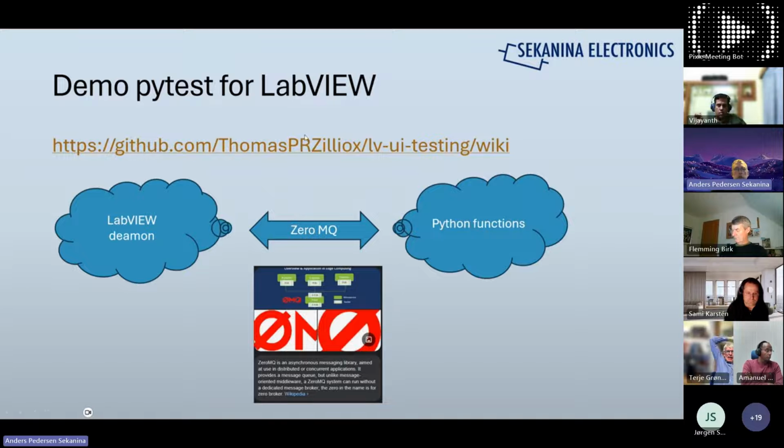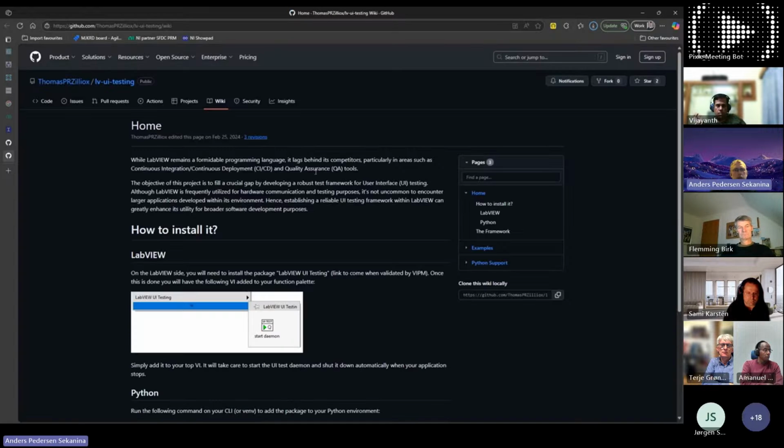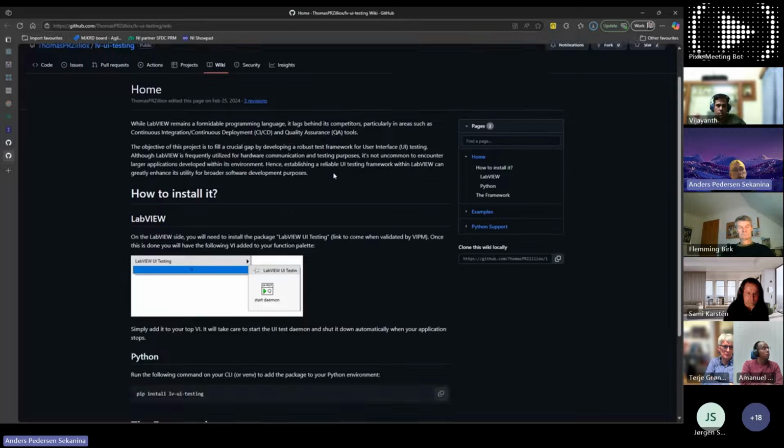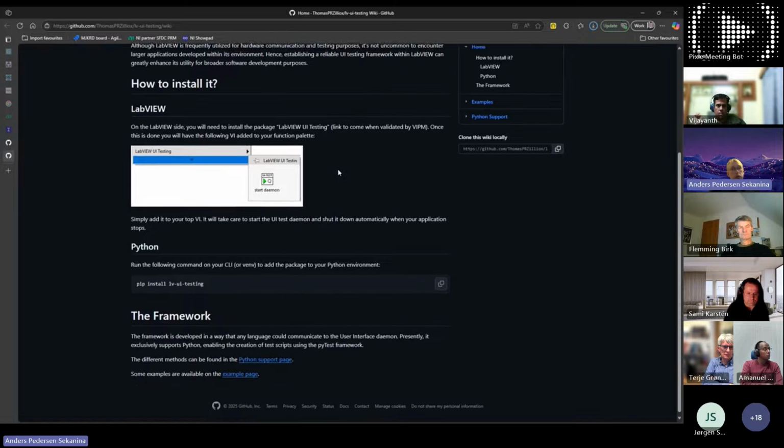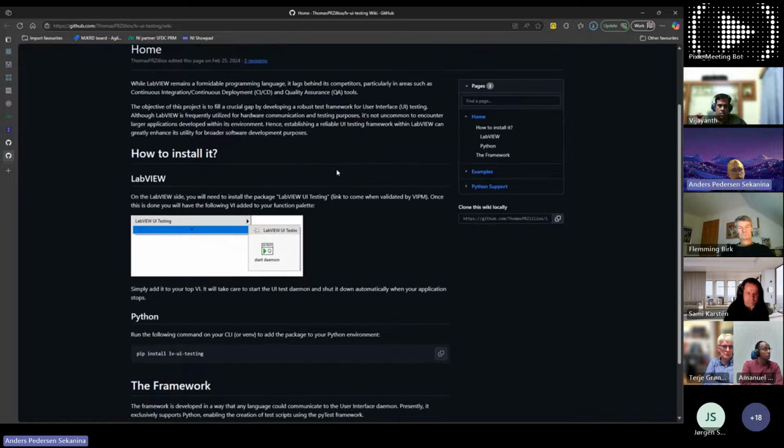Yes, there's also a GitHub for that one here. It's also installed from NI Package Manager if you want to have it there. And the Python part is installed directly in Python with pip.